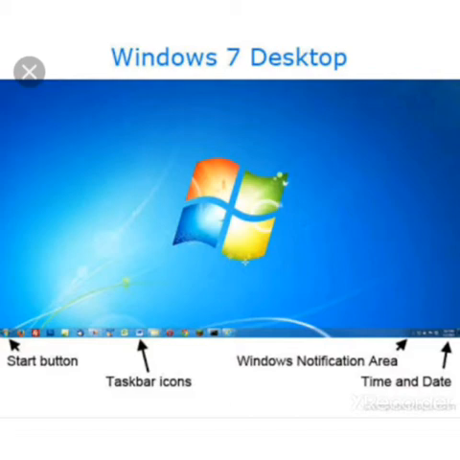It has the Start button on the left side and a clock on the right side. The right side of the taskbar is known as notification area. The middle section of the bar shows buttons with a label for each open application. We can activate the application window by clicking on its button on the taskbar.